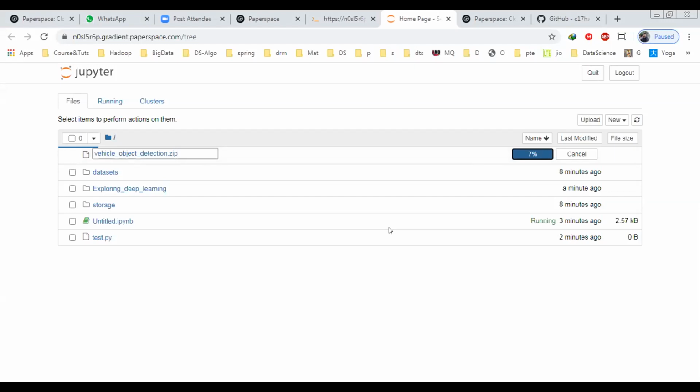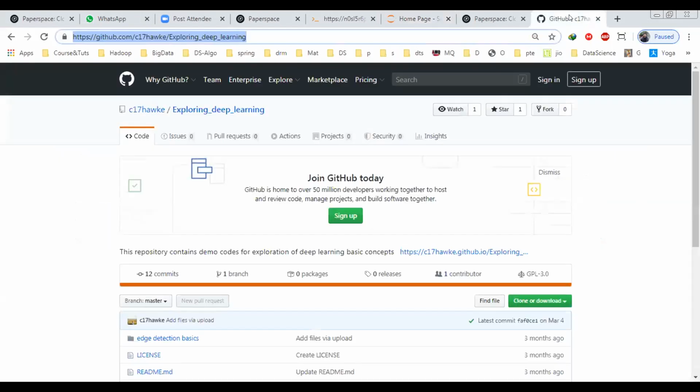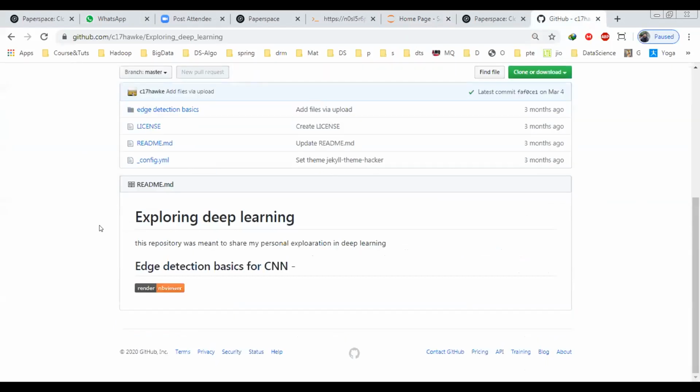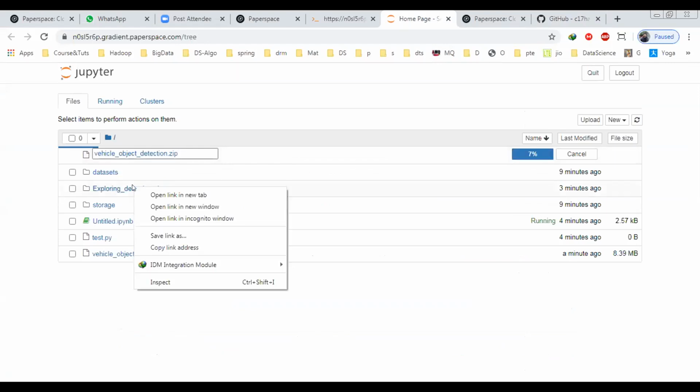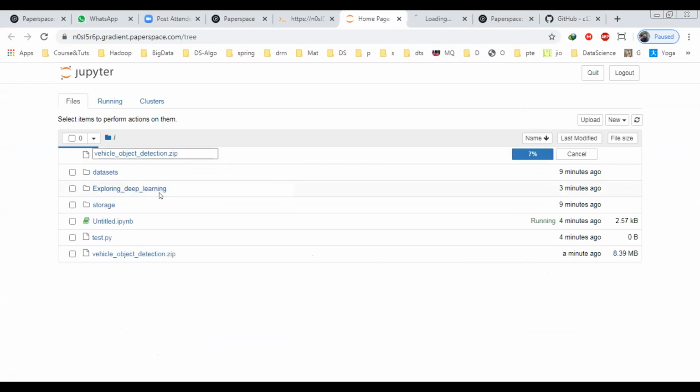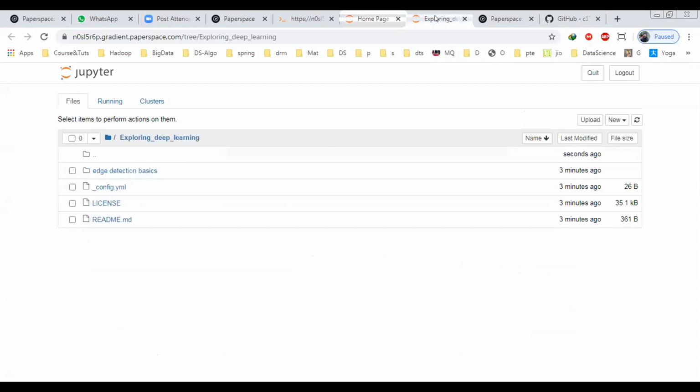Since I have cloned this repository, these are the files that are already here. Now let me show you whether we have all those files or not. If I open this on the next terminal, so that this upload can complete, you can see that all the files which are in the repository are already there, Arjun. So in this way you can work on this.